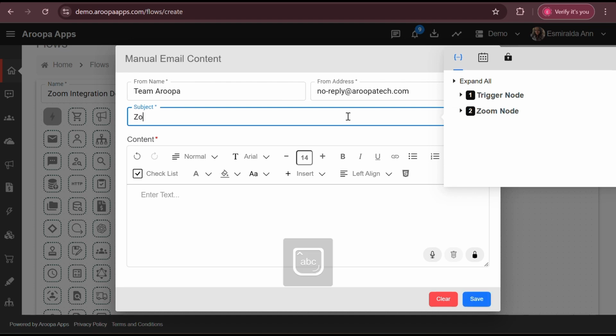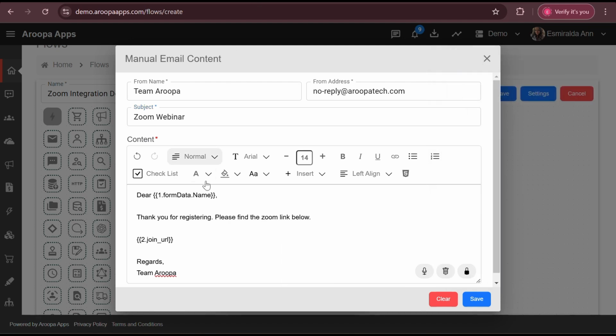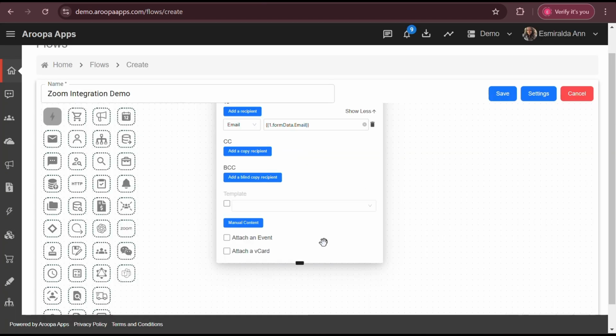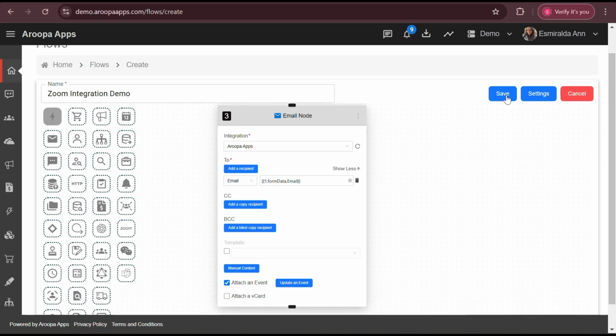Set an engaging subject line and customize the email body. You can use a trigger node to dynamically include the registrant's name and the Zoom meeting URL, making the email personalized. Next, check the option to attach an event and click Create an event. Fill in all the necessary event details and save it. Finally, save the flow to complete the process.